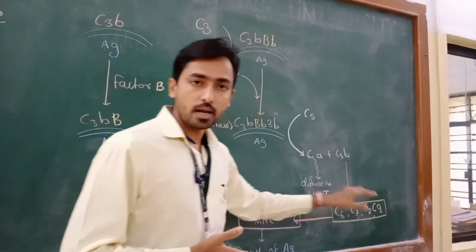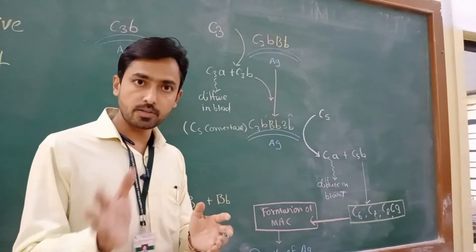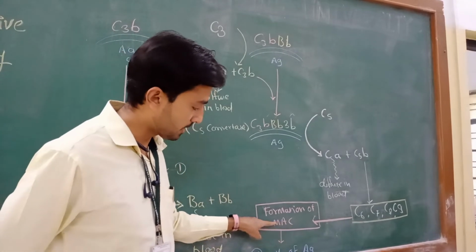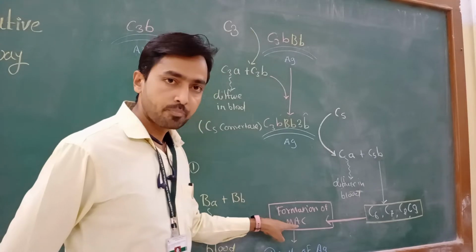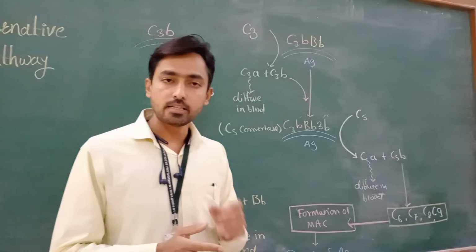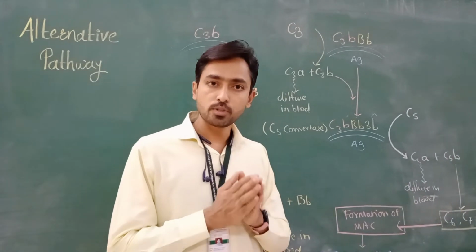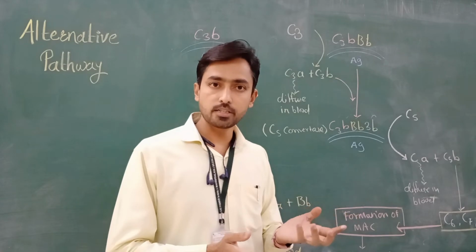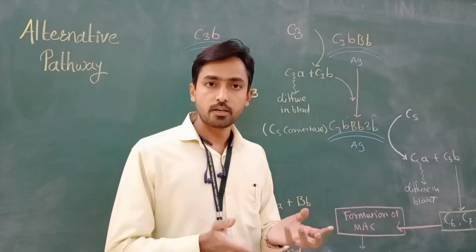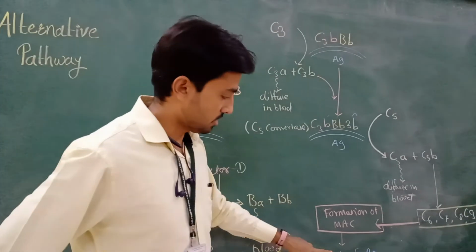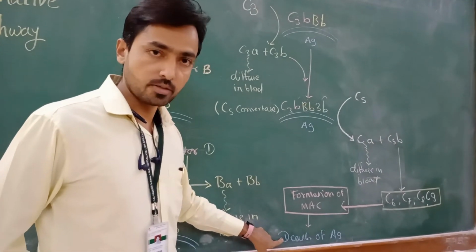All these proteins go and bind to the surface of the antigen at a different site, and they form a special type of complex on the antigen surface called the MAC complex. This is called the membrane attack complex. This complex forms a pore or ion channel on the surface of the antigen. Through this pore, important ions and minerals come out from the antigen cell or pathogen, which disturbs the osmotic balance of the cell, and that kills the antigen or the microorganism.